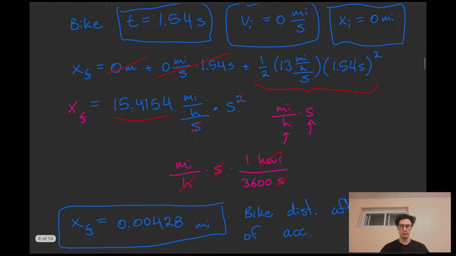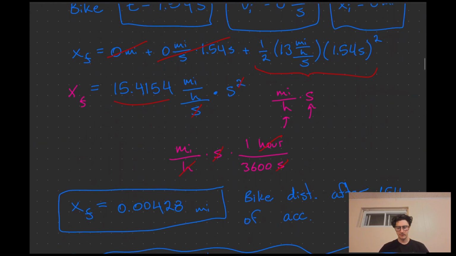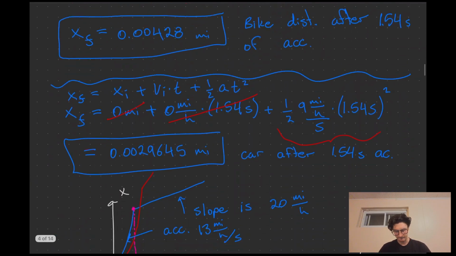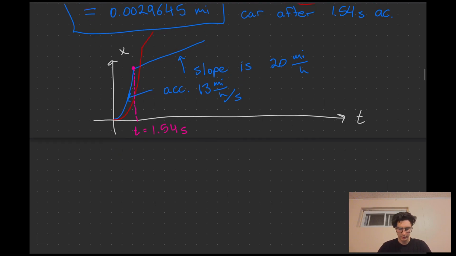After their positions are equal, they are at the same place for just a moment in time, but the car has a greater velocity. It is going at 50 miles per hour. So eventually the car is going to overtake the bike. But originally, since the bike has greater acceleration, it is overtaking the car for just a small period of time. So let's find this position in time